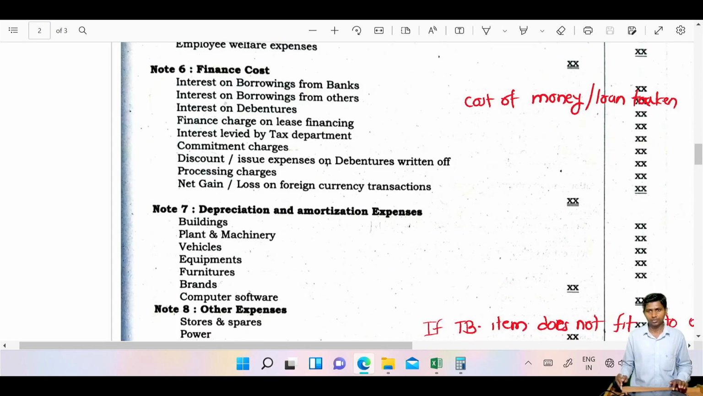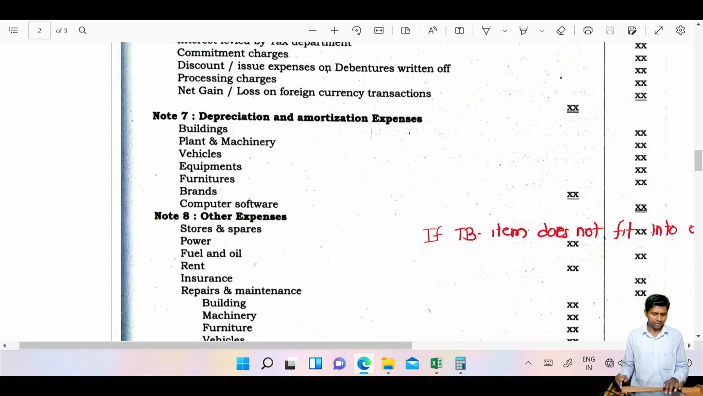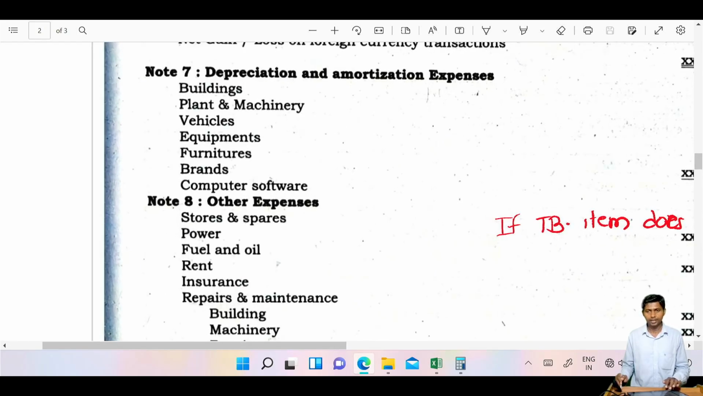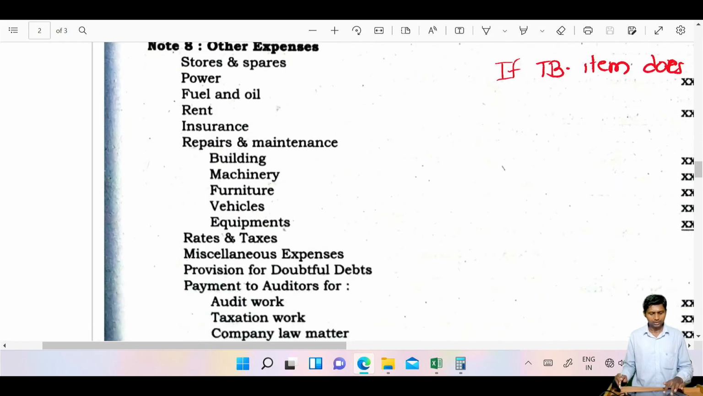Then discount on debentures, processing fee of the loan, professional fee of the loan, net gain or loss on foreign exchange currency transaction of the loan, then depreciation of a building, vehicle, equipment, etc. Amortization of intangible assets like goodwill, brand, computer software, in this category you will find. Then other expenses,